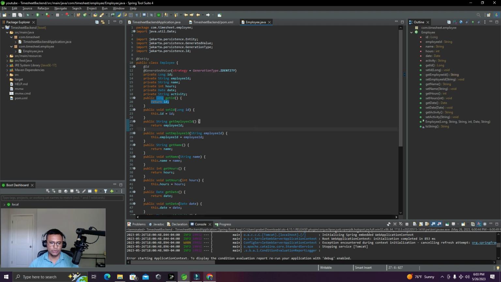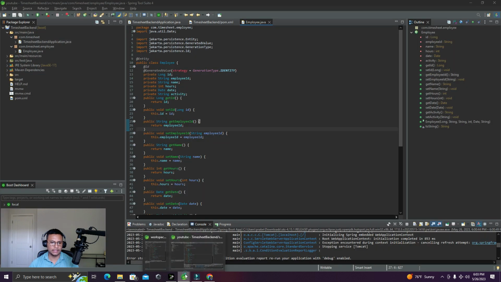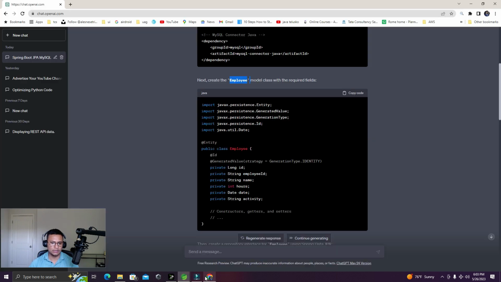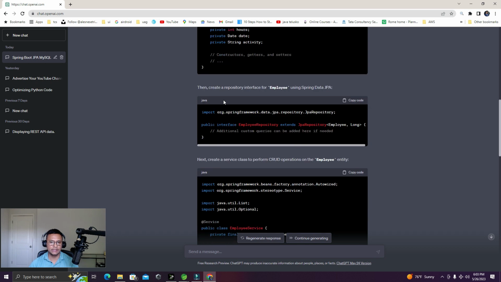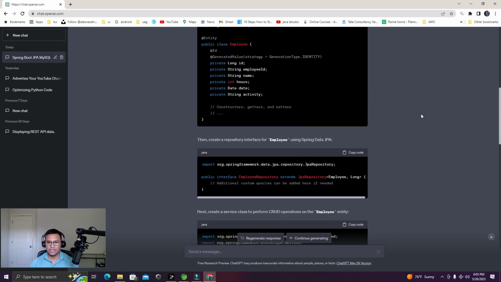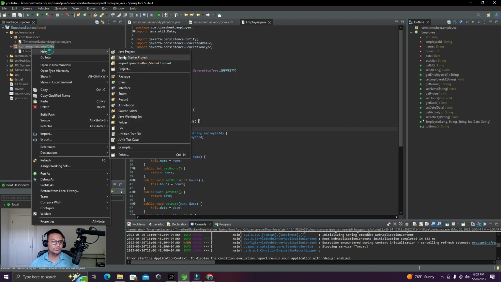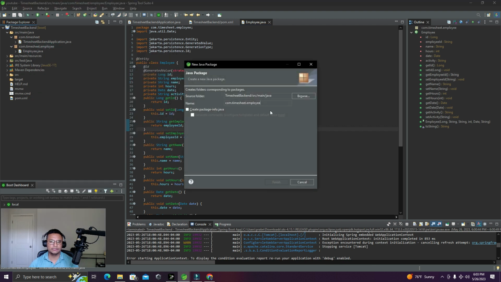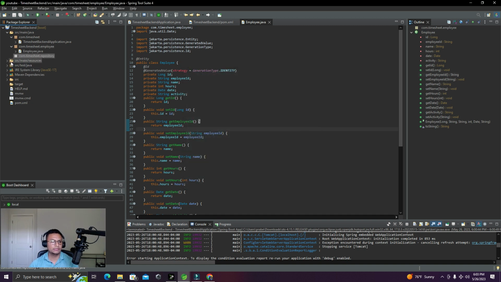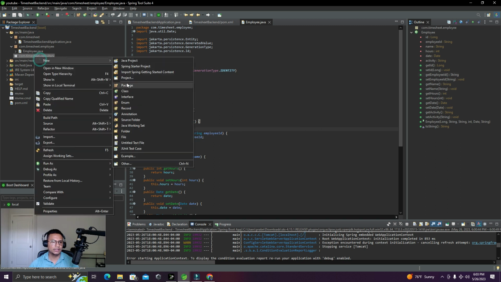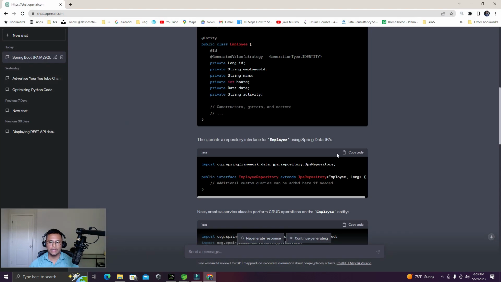All right, so let's move on to the second part, where it says create a repository interface for employee using Spring Data JPA. So we have to create a repository. So let me do new package. I'll just write repository. Okay, so in this package, create a new class,